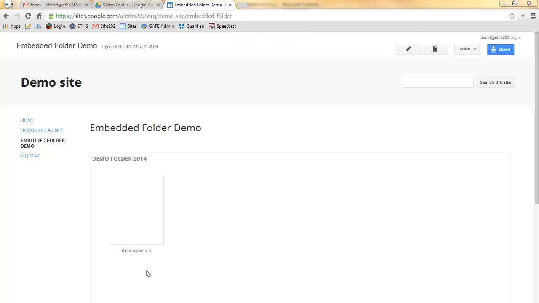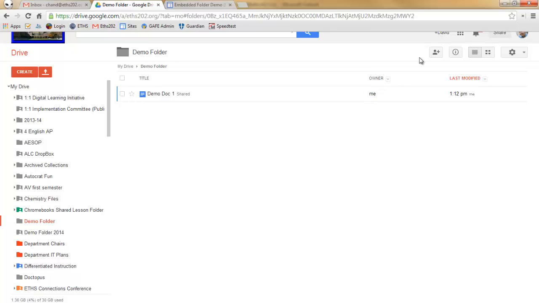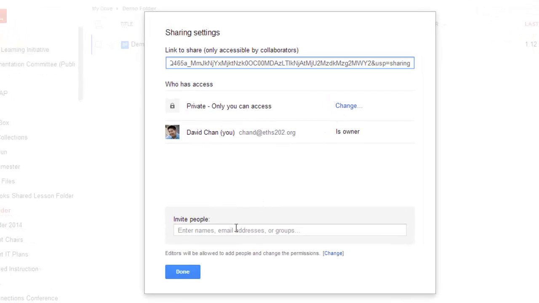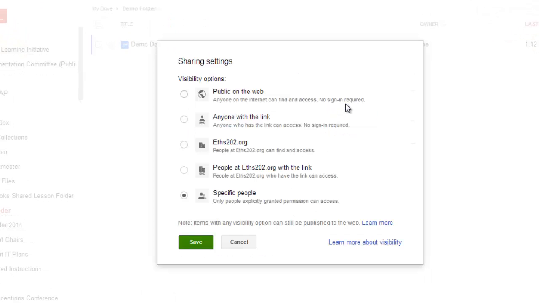So just as we looked at last time with a Google document, we have to take a look at the share settings on the Google Drive folder. So if I go into my folder here and I click on share, I can now see that it's private currently, so I can either add people or again change it from private to anyone with the link or anyone at ETHS 202 with the link or just anyone with ETHS 202 period. So I have the same share settings that I had with the document,